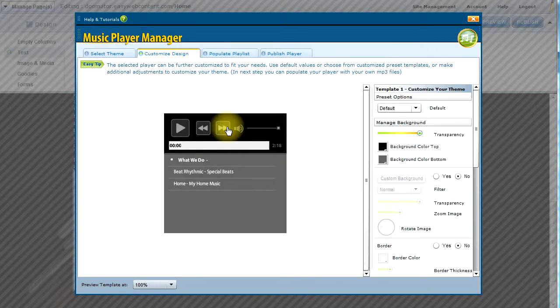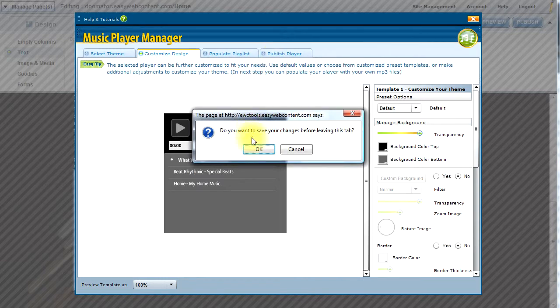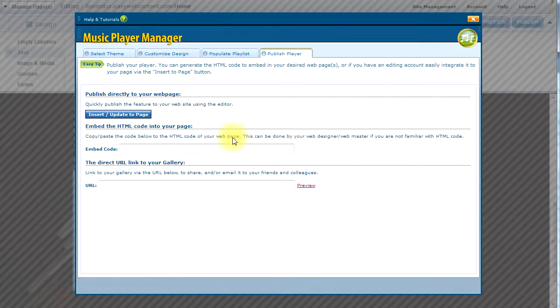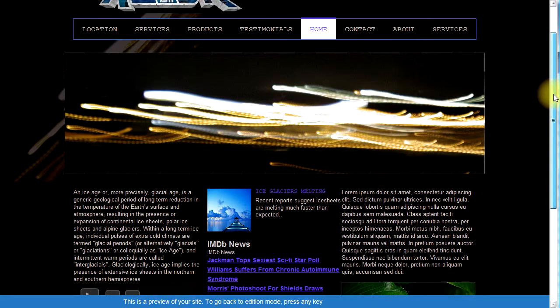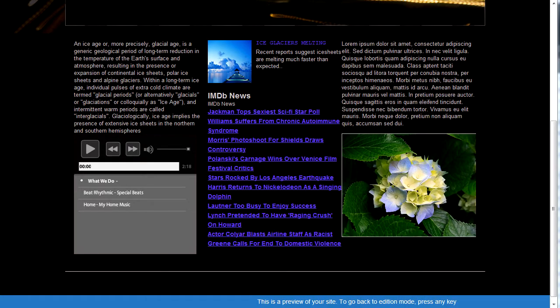And here I am, here's my new design. I will go ahead to publish. I will save the changes, and then I will insert it to the page. And I will preview the page, see how it looks. Now switch. And so that is how you can easily switch between your MP3 player templates, populate music into your